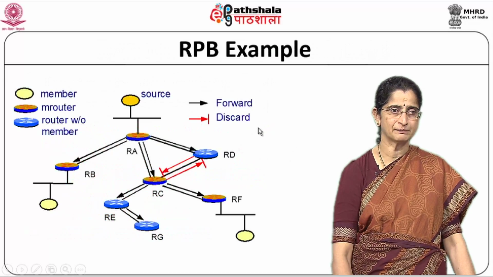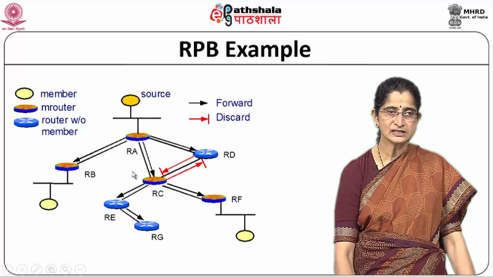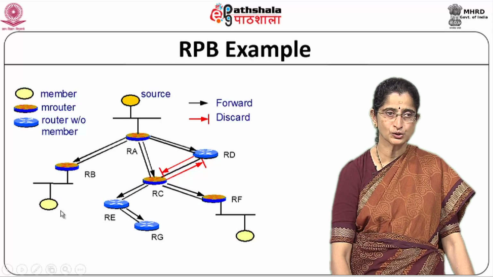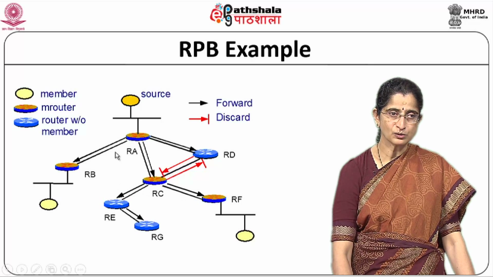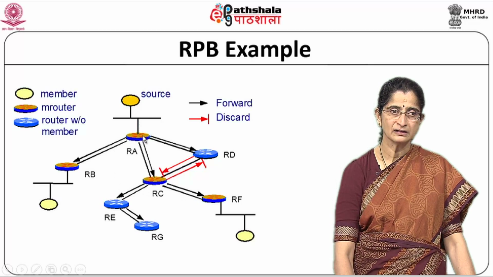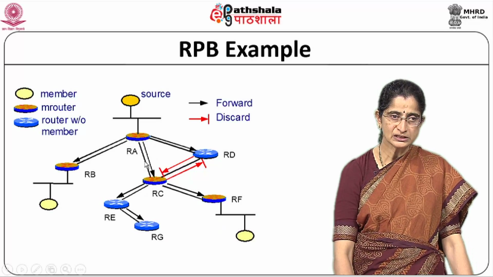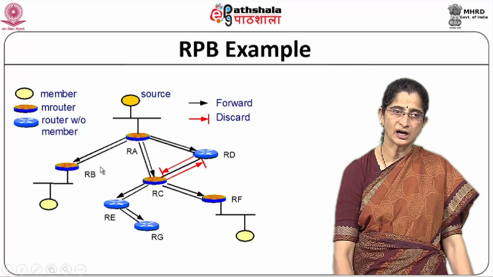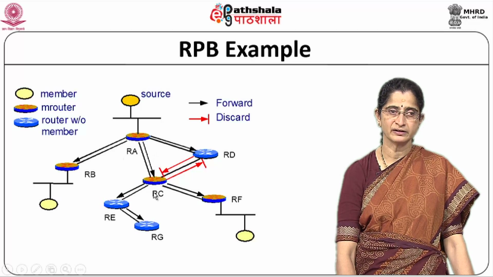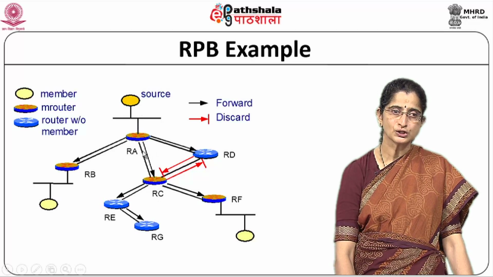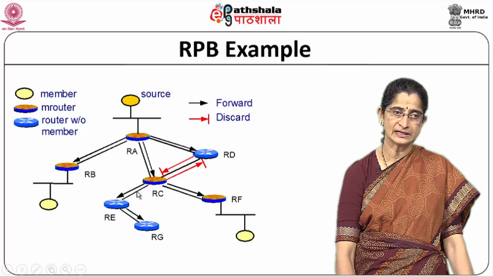So, a quick example to take a look at that. If you see this, this is our source. Let us assume that we have members over here connected to RB and to RF, these two routers. So, let us look at what happens now. When the source sends the packet, RA receives it on this particular interface, and will now forward it on to RC, RB and RD. Now, when RC receives a packet on this particular interface, you can see that this is its path to the source. So, it will take it from here and forward it on other 3 links,